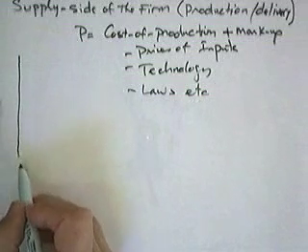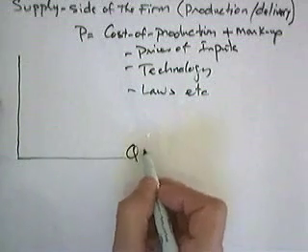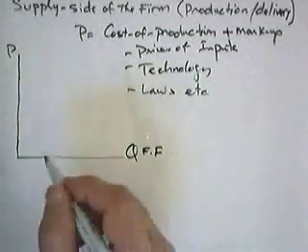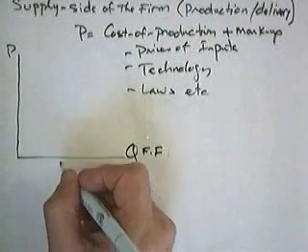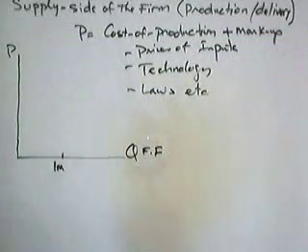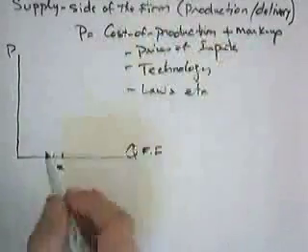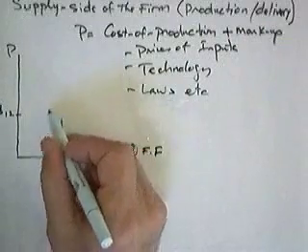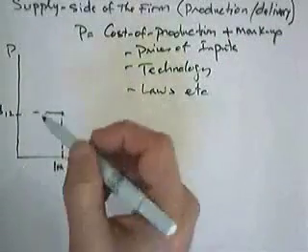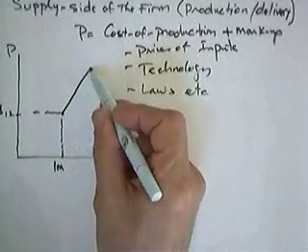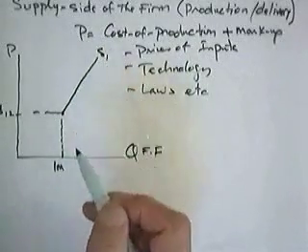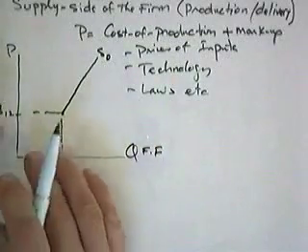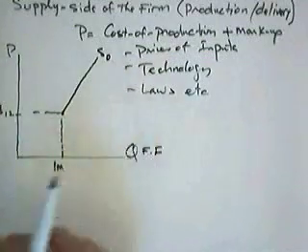Let's say this is a production of a quantity of flip-flops, and this is the price of flip-flops in the U.S. Let's say for a typical U.S. manufacturer to produce 1 million pairs of flip-flops, the cost of production requires that the price be $12. So as long as the price in the market is $12 and above, they are in. They can continue to produce more, provided that their cost structure doesn't change. Only price changes, they see opportunities for profit and therefore expand production.